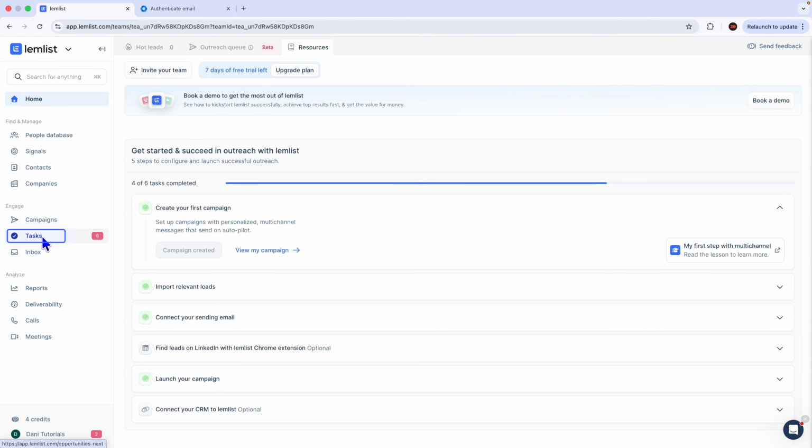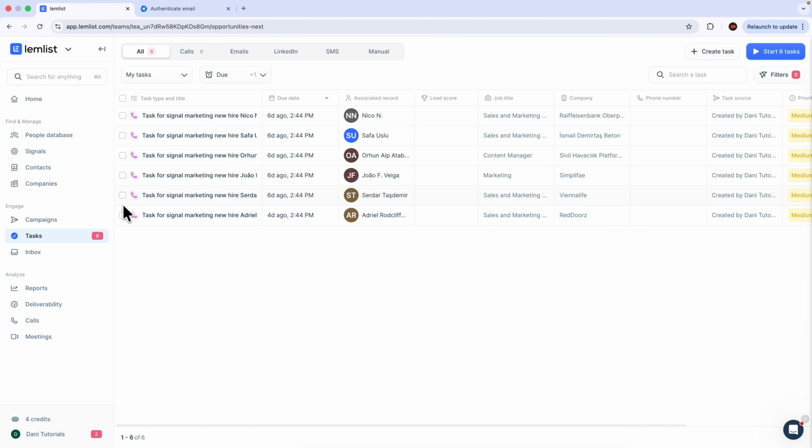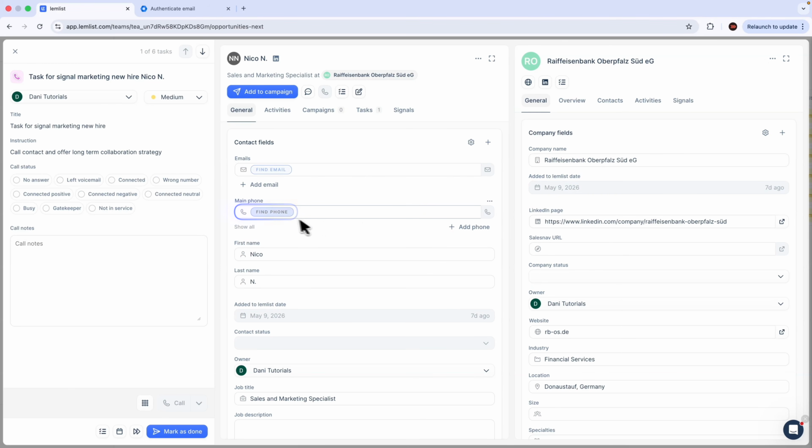Now here, if I click on the tasks tab, you can see I have 6 call tasks right here that came from my signals. The reason for that is that I created a call task whenever someone matched these signals. But you can also automatically enroll them into a campaign or create some other kind of task. But these right here are new hires in marketing departments at software companies. So now I can just click start 6 tasks, then click on find phone number to call them, and then